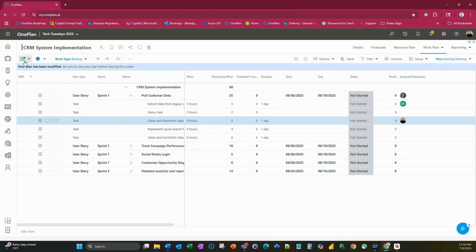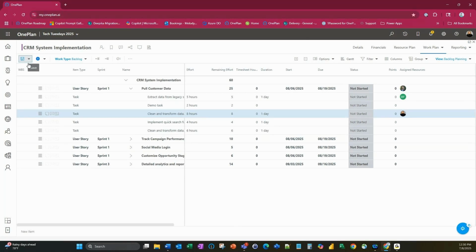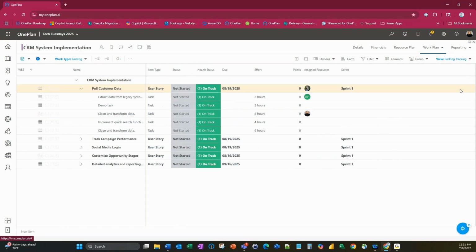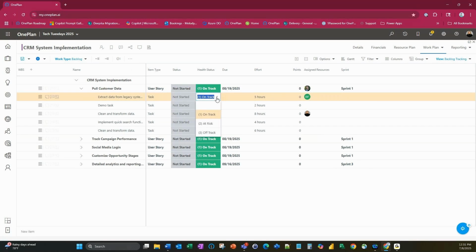You do have out of the box several different views inside of the backlog as well. You have your backlog planning, your backlog cost, your backlog effort, and your backlog tracking. In the backlog tracking, as you can see here, you have different information formulated a little differently, but you can pick and choose what columns you want to add in here. Maybe you want some additional data points. This one, for example, has health status. If you want to know the health status of that task, whether it's on track, at risk, or off track, you can definitely set up different views the way you want to.